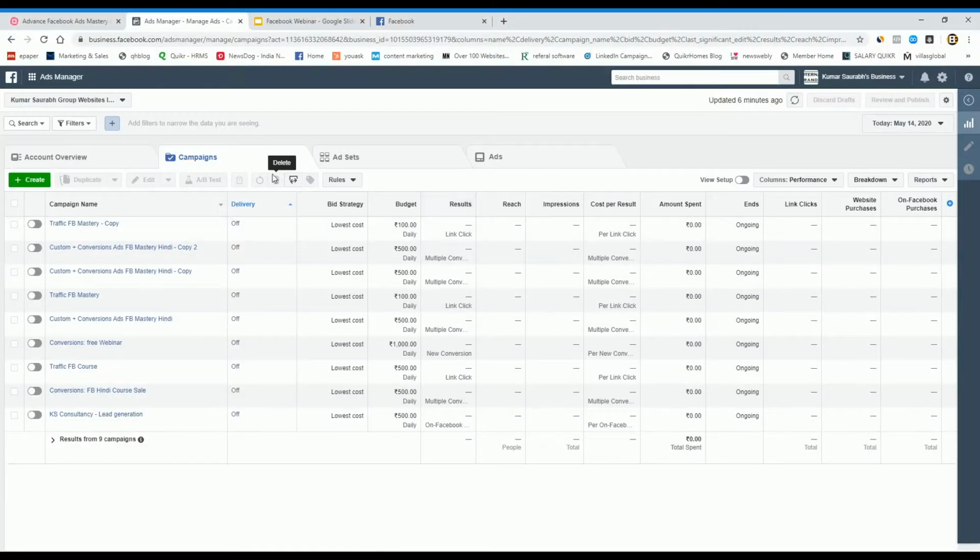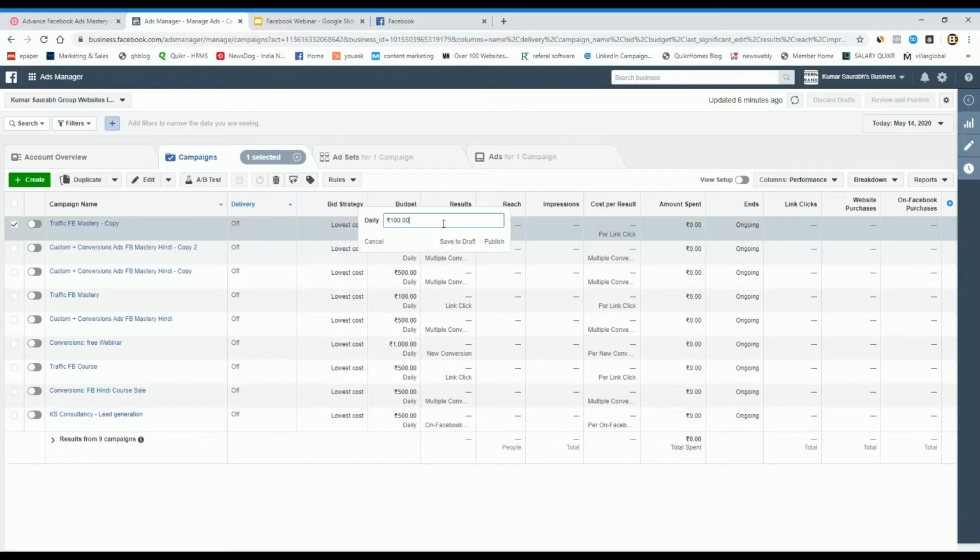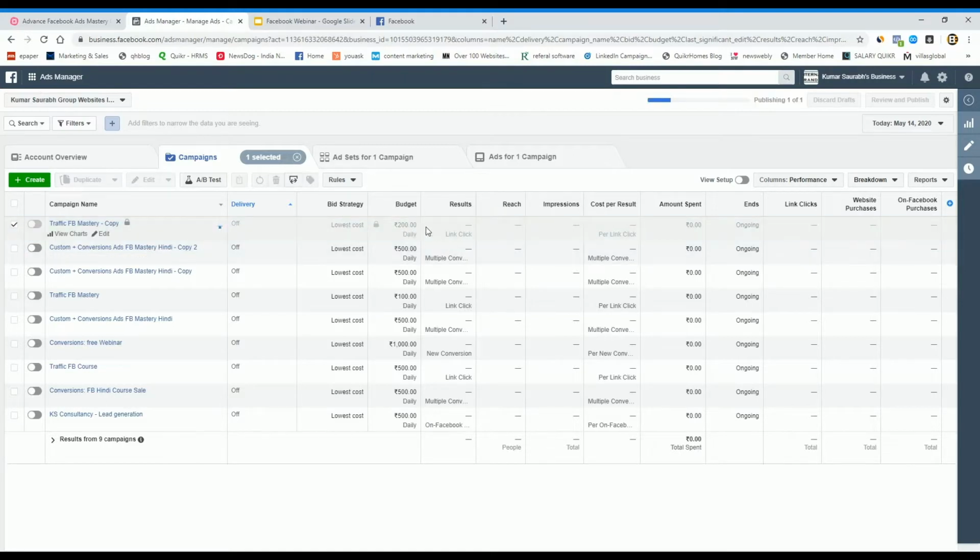So we are at our ad manager, right? So in an ad manager there are 4 to 5 things that you have to consider. Okay, first in a row, this is the campaign name. So this is your campaign. Okay, so in a campaign what you can do? So in a campaign you can customize, you can change your daily budget also. Okay, so you can edit from your ad manager.